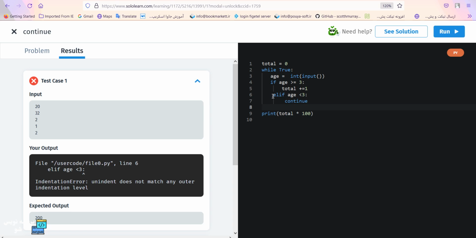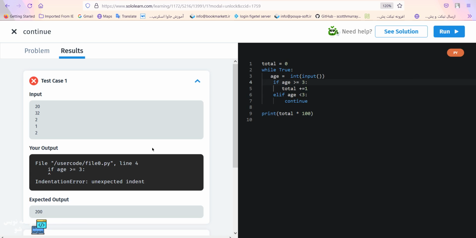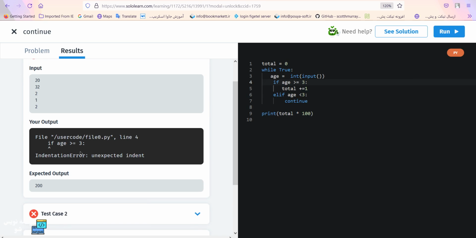Okay, why? I think there is a problem in here. It's an unexpected indent for if. Okay, in here and this one also in here. No, it will be true. Invalid syntax. Why? Because